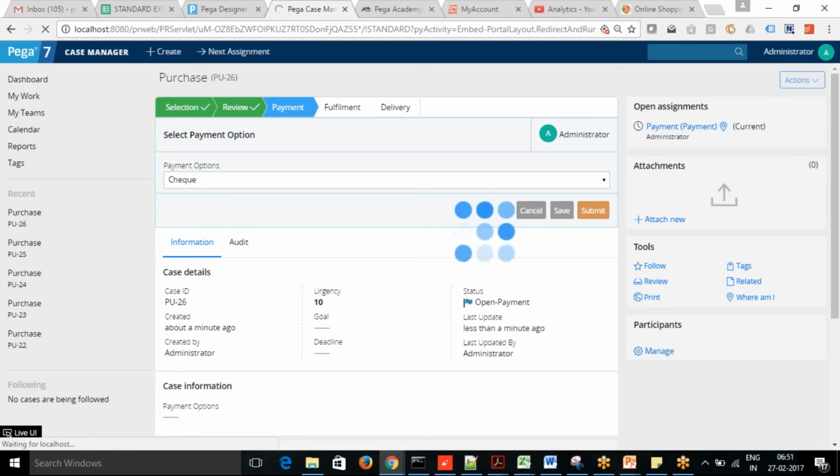So it will now add two attachments. One will be with the failure, one with just an attachment.